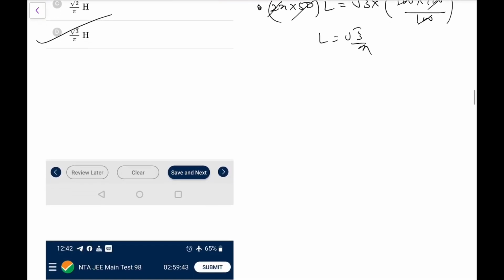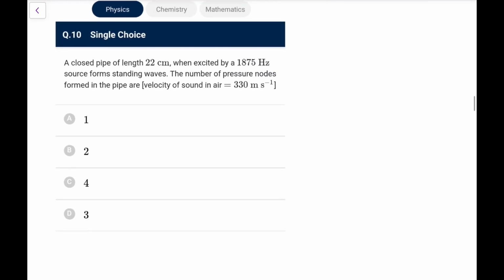You must have done such type of problems in your practice sessions. A closed pipe 22 cm excited by 1875 Hz source forms standing waves. Okay, the number of pressure nodes formed in the pipe are. So what we can do here,